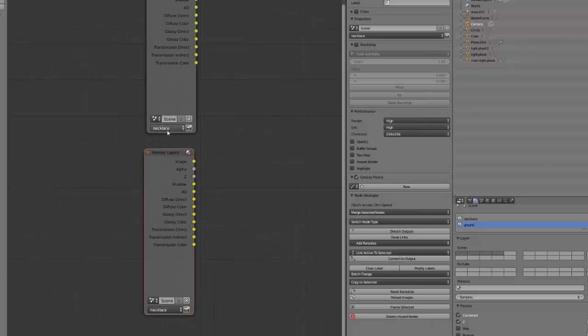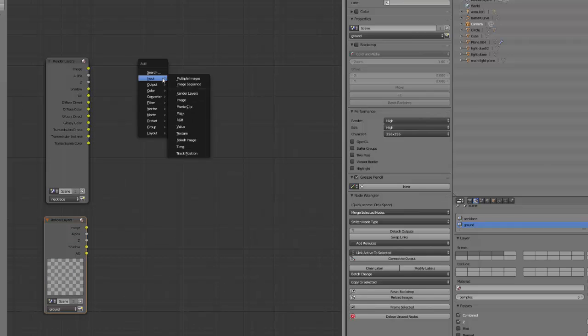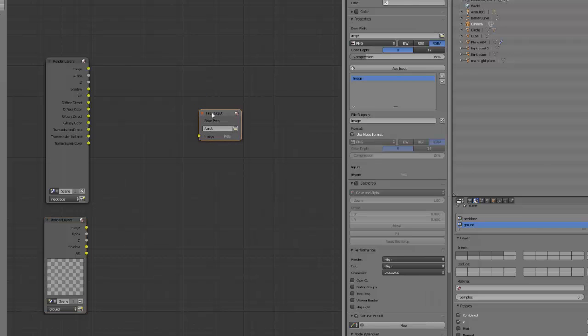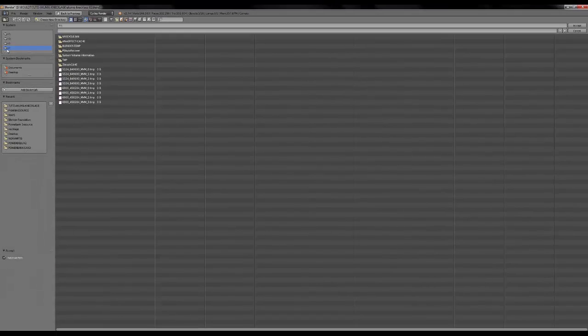I can see my layer necklace here and ground here with the corresponding outputs, and we will add a file output here, and we will save them wherever you want. Okay, create